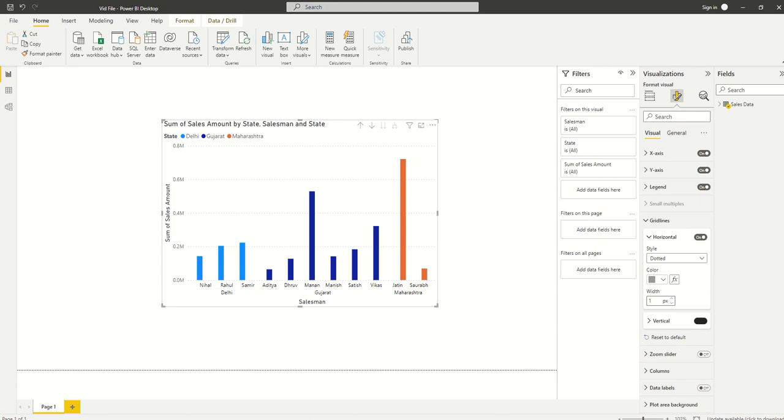Suppose we want to turn it off, we can also do that. Okay, so then, if no change is required, we can also set it to default. Whatever changes we have brought about, it will set to default. Okay, so then the zoom slider, what it will do is